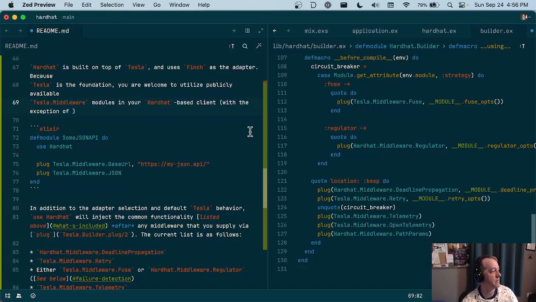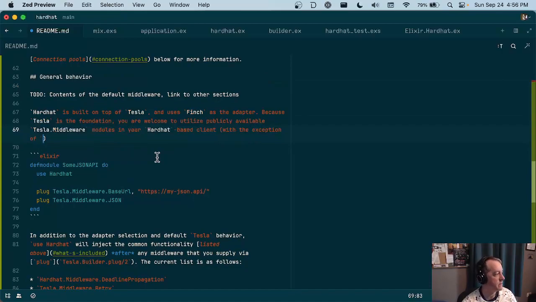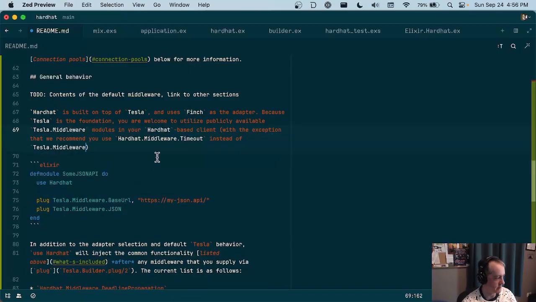I'm going to write a caveat here. Okay, so I think we can remove that split now. I'm going to write a caveat here about timeouts, with the exception that we recommend you use Hardhat middleware timeout. Tesla middleware timeout. And then